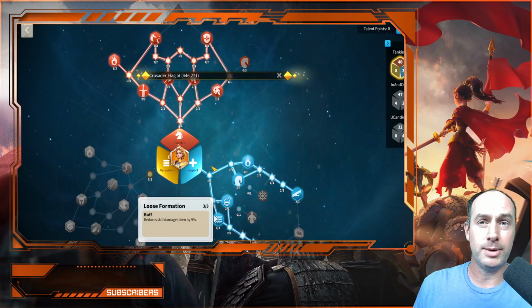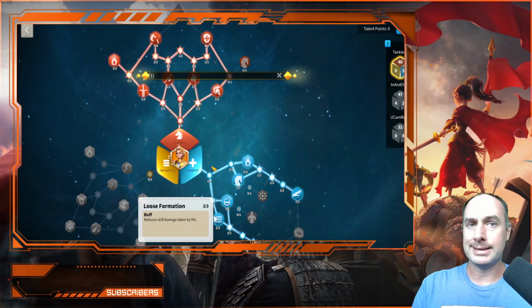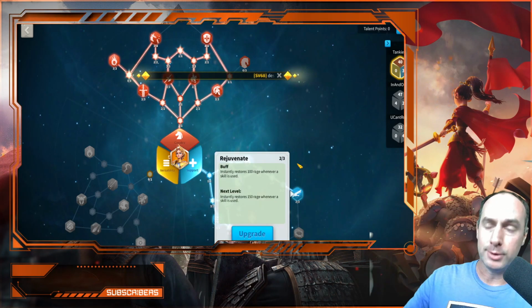And of course, you get this loose formation, which reduces skill damage taken just across the board. So the support tree has a little bit of tankiness there. Over here, you get a little bit of march speed. Obviously, one of the reasons to go into the support tree is to get Rejuvenate, so you can skill cycle